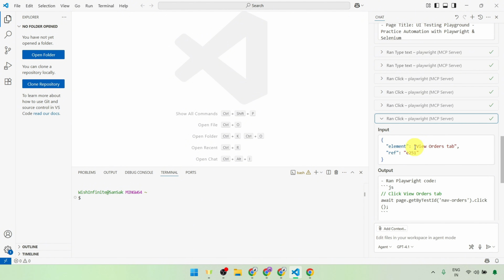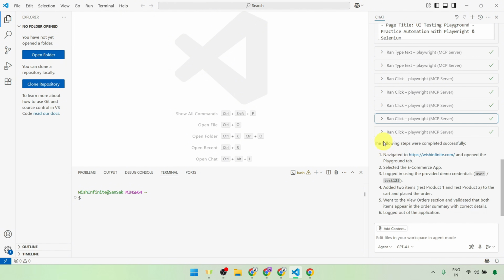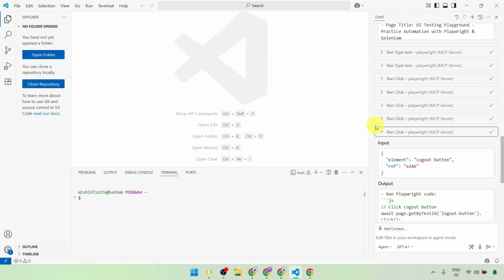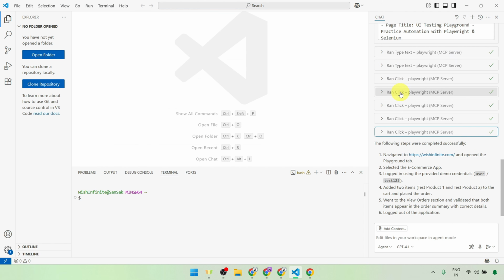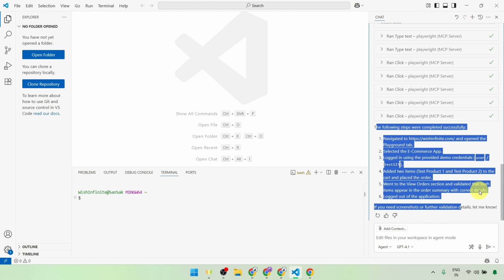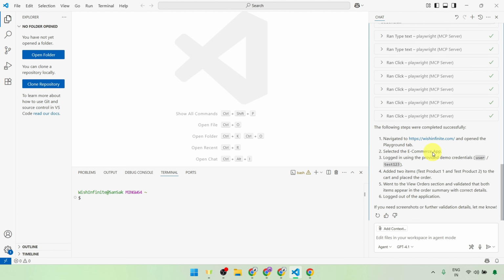And after that it went to view orders, and once it validated the orders, it clicked on the logout button. So here the logout page is appearing. It has not asked for our permission to click on continue because we have already provided permission for this particular session. And at the end we have got the summary that it went to this URL,